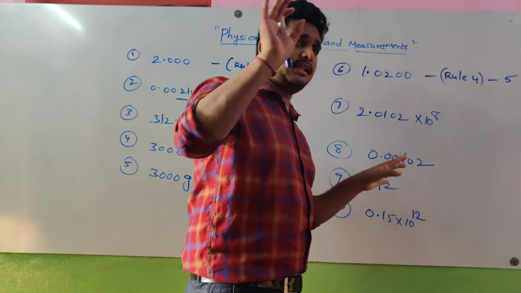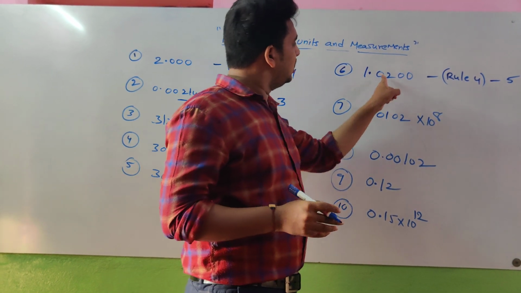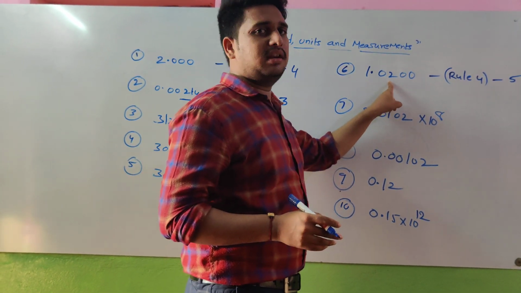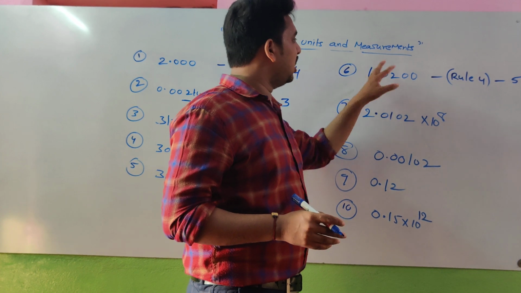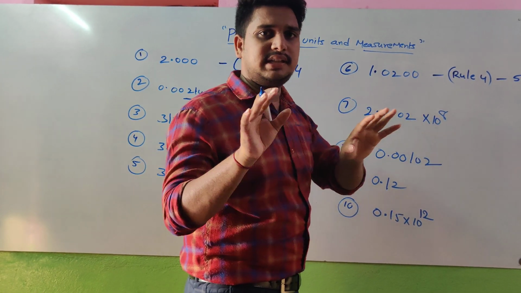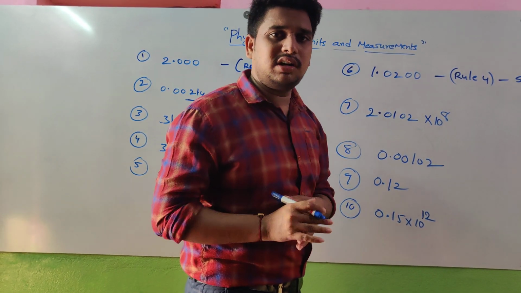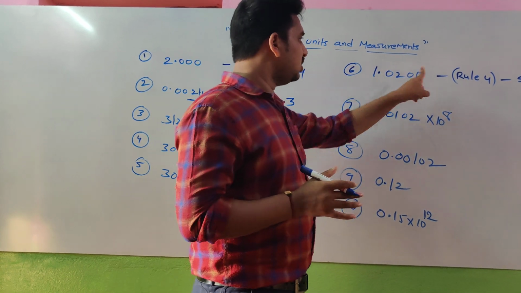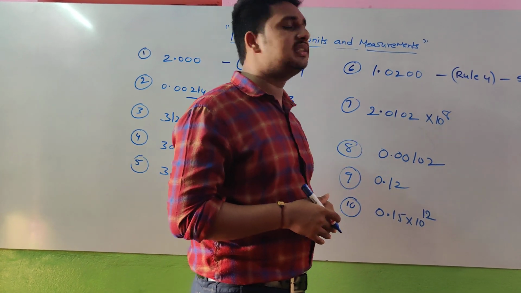If the number is greater than 1, we take the right side of the decimal and the left side of the decimal, and all zeros we consider as significant figures. Whether it is less than 1, we are not considering. So the number of significant figures in the above number is 5.